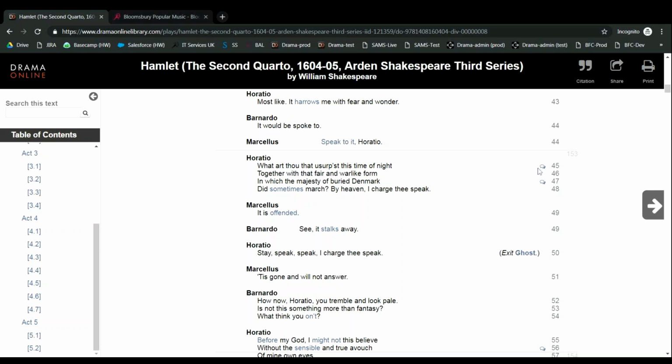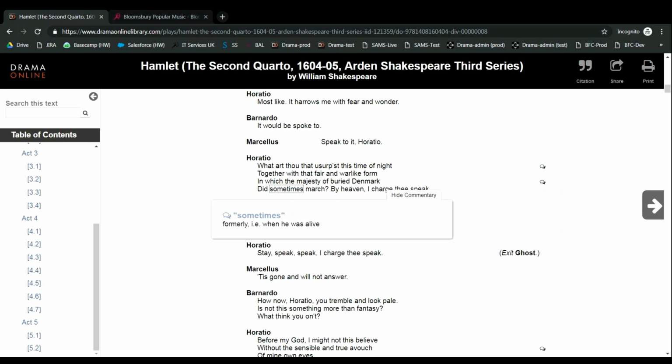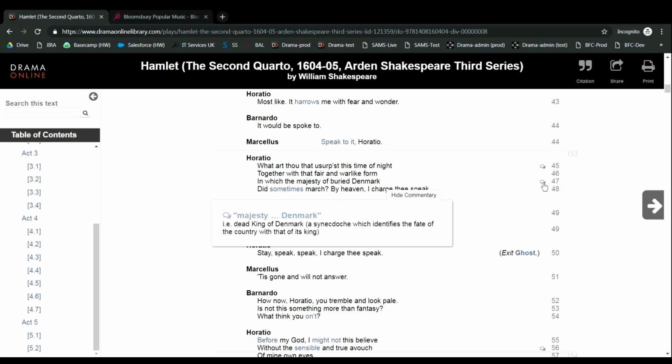One of the unique and high value features is that it also includes all the rich text notes and commentary that the editors of the Arden Shakespeare have provided. So if you can see it on your screens, there are these speech bubbles here, or sometimes highlighted text, and you can click on that and you'll see a bit of commentary by the editor or some text notes,